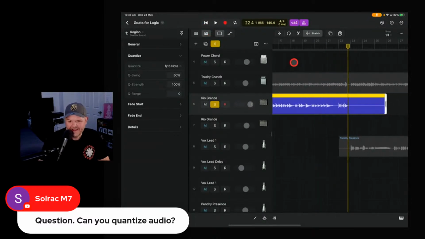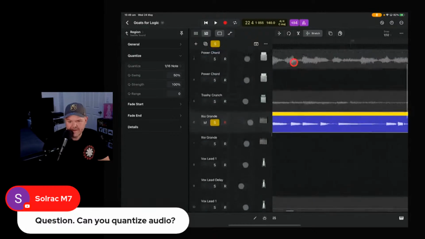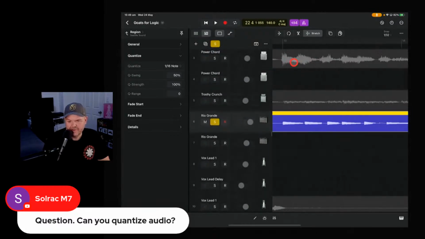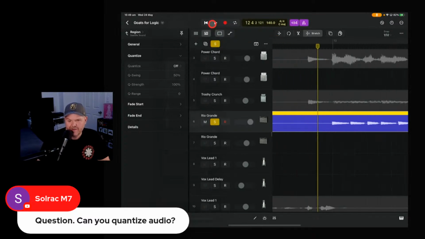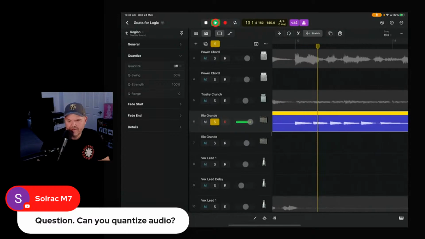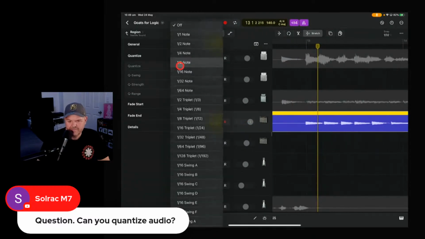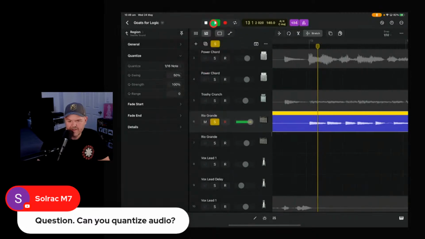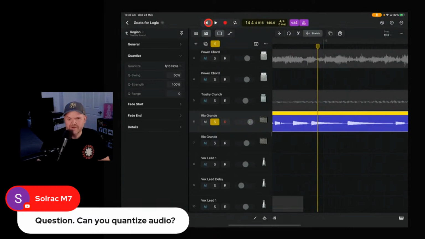It's actually pretty good. Let's just make sure that it's actually done something. So if we zoom in here, it looks like it's lined up these transients on the dot, but if we turn it off again, yeah, look at that. Pete's usual guitar playing of being a little sloppy and a little early like this. Let's replace it with quantization at that 16th note. Now it's a little bit more robotic, so it's not actually going to sound quite as good, but you can play around with this.